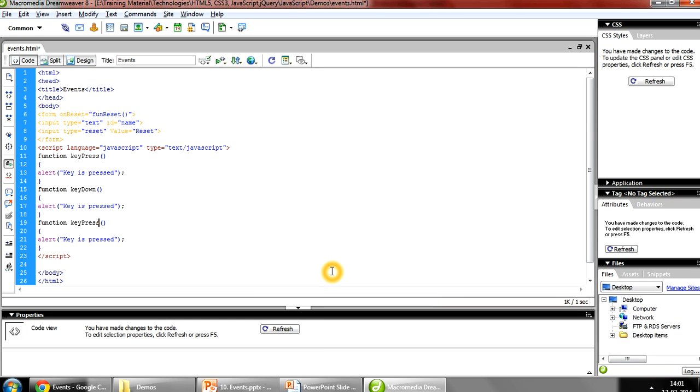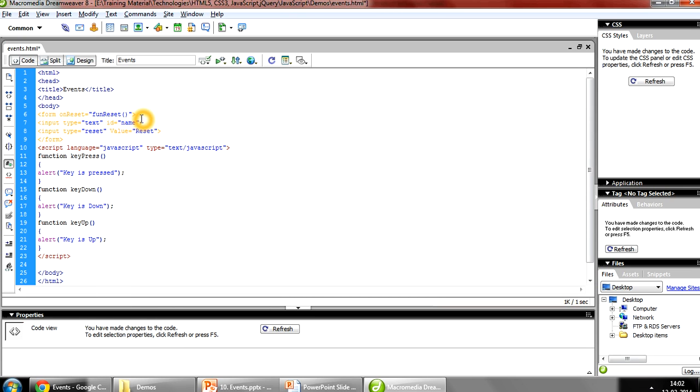And key down, key up. Key is up, and over here we can write it as the key is down.